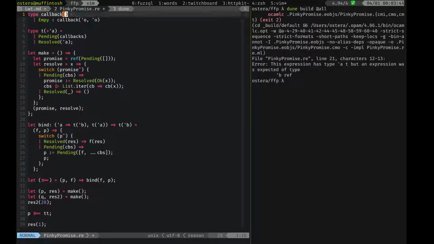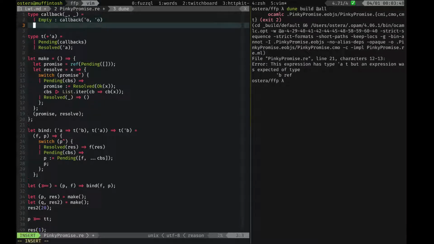Actually, we probably want to just ignore these parameters here, and then we want to say cons, and then if you give me a function from input to output, and then you give me a callback from,